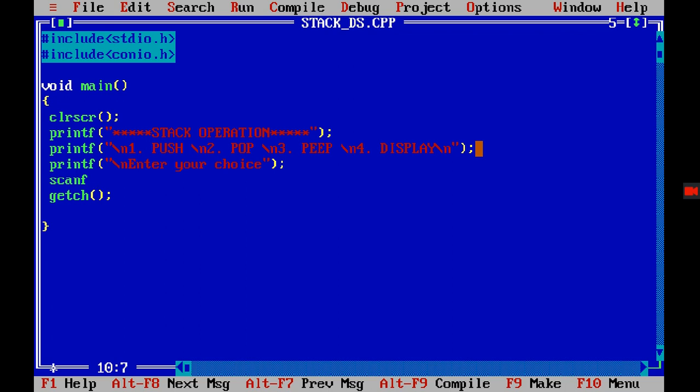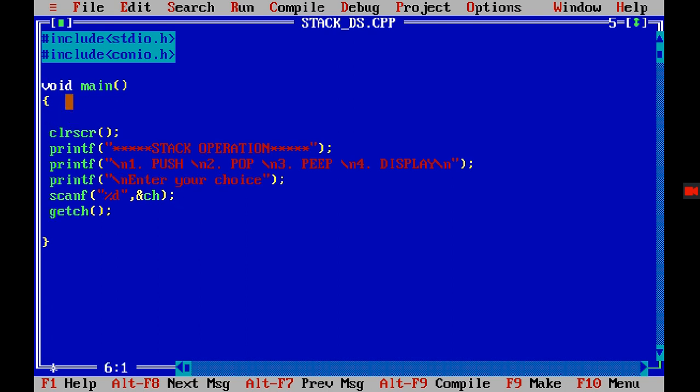So scanf. This is an integer because the user can enter either 1, 2, 3, or 4, so it's %d, and it will be stored in some variable. Let us take the variable, for example ch. For that we need to declare it, so here I need to declare int ch.